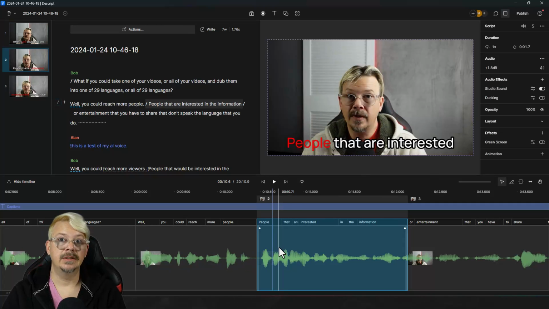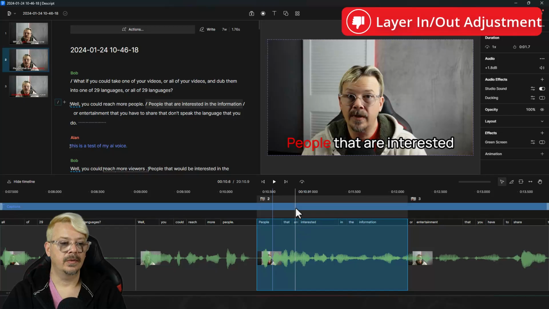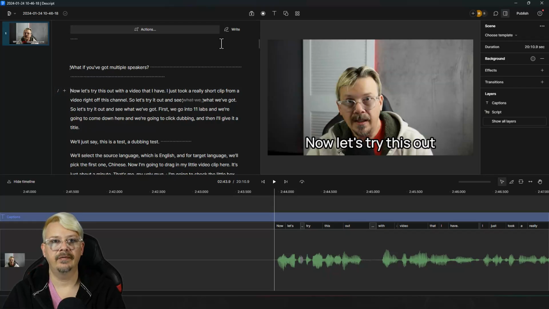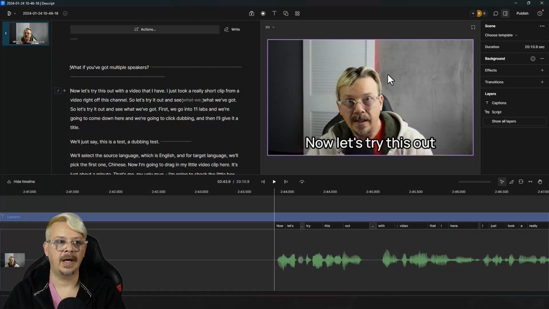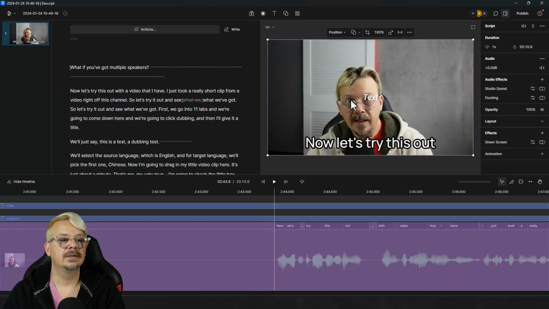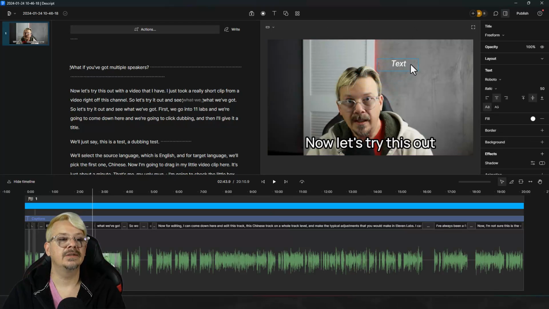Something else that drives me nuts about Descript is how we deal with layer timing. Now if I'm down here and I want to have just this part here, I want to put some text over that. I need a text overlay at the top, maybe to explain something that I'm not talking about, or give a reference link or something like that. I click in here, come up to the title bar, click text, drop it on, and if I want to move it around, I've got to select out of it and back into it before I can move it, put it up here in the upper left-hand corner.